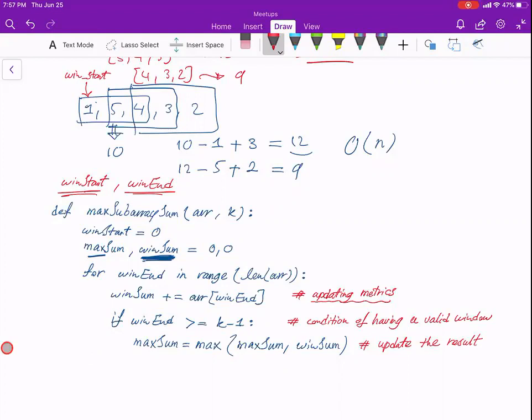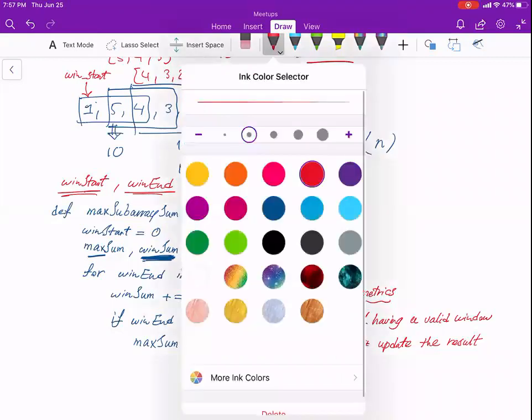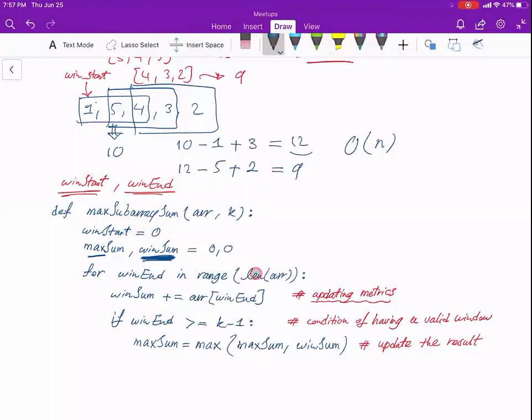And now it's time to shrink our window, right? We always do this. This is the general structure. We do the for loop, we check when we have a valid window, we update the result, and now it's time to shrink our window. How can we shrink this? We want to increase window start, right? We want to increase this guy, but before increasing, we want to